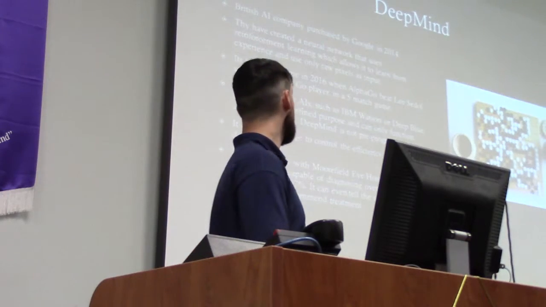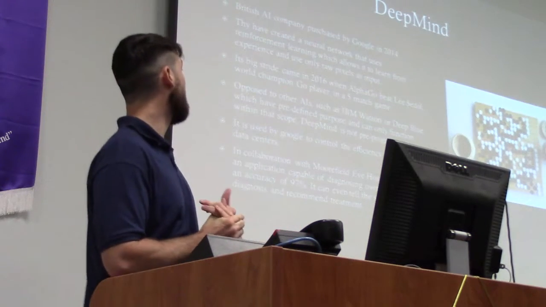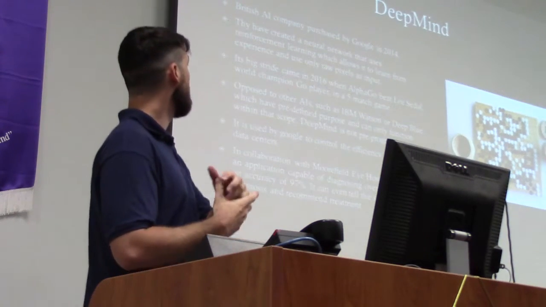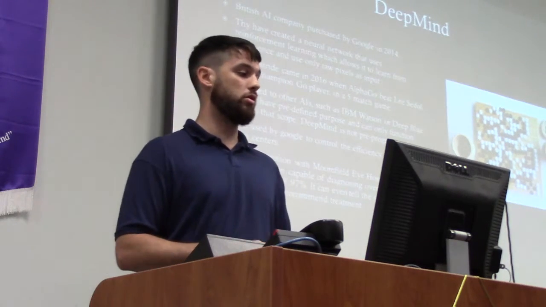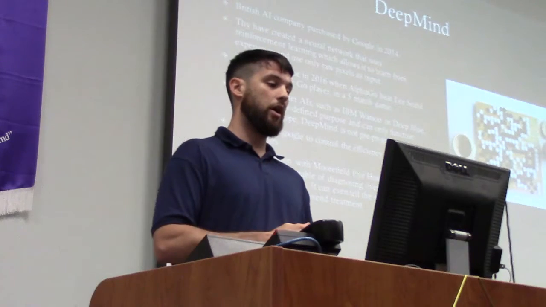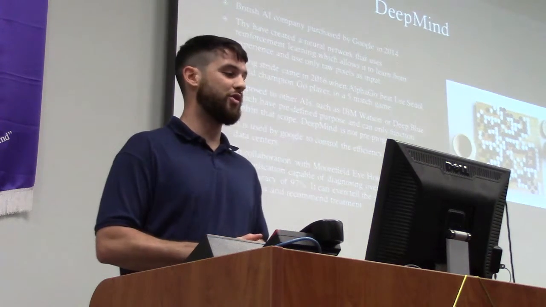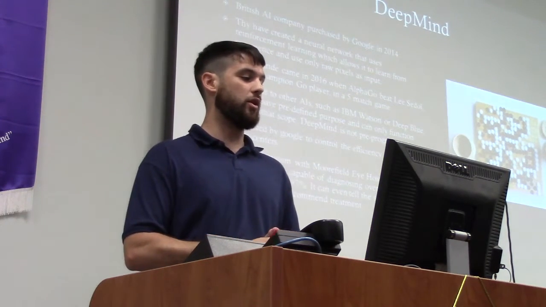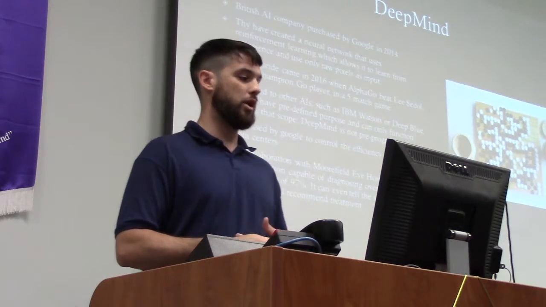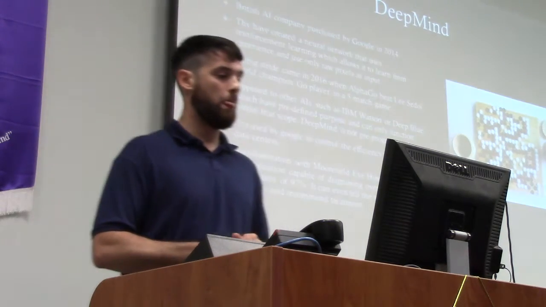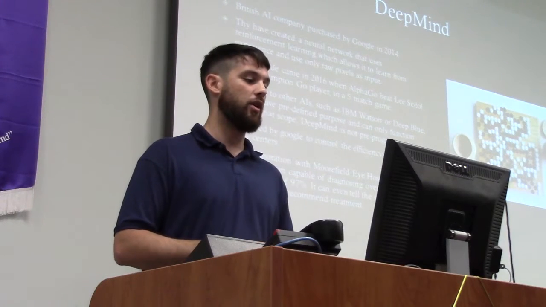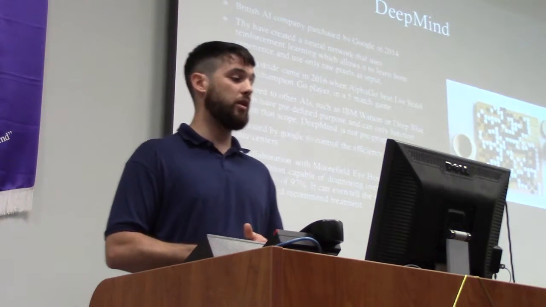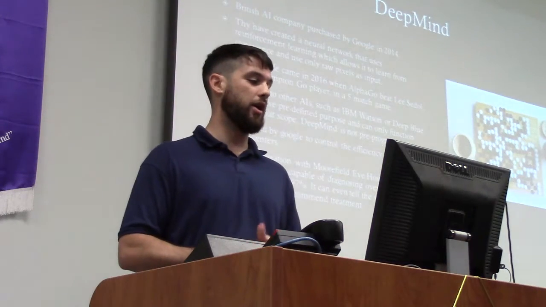And the last example I want to talk about is DeepMind. This is a company made in Britain, and it was purchased by Google in 2014. They created a neural network that uses reinforcement learning, which allows it to learn from experience, using only raw pixels as input. Its big stride came in 2016 when AlphaGo beat Lee Sedol, the world champion Go player, in a